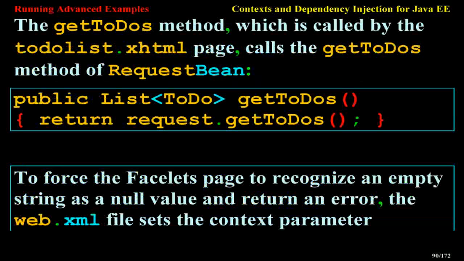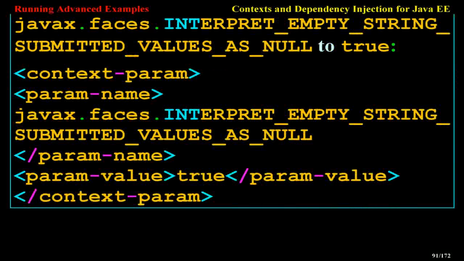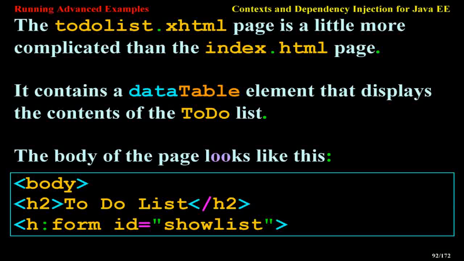To force the Facelets page to recognize an empty string as a null value and return an error, the web.xml file sets the context parameter javax.faces.INTERPRET_EMPTY_STRING_SUBMITTED_VALUES_AS_NULL to true. <context-param> <param-name>javax.faces.INTERPRET_EMPTY_STRING_SUBMITTED_VALUES_AS_NULL</param-name> <param-value>true</param-value> </context-param>